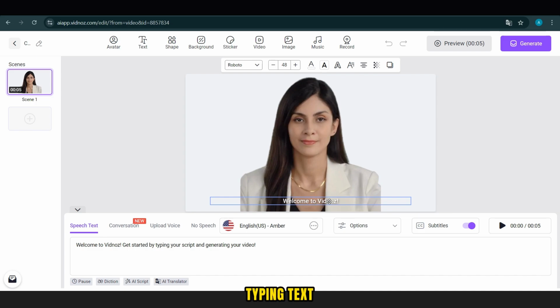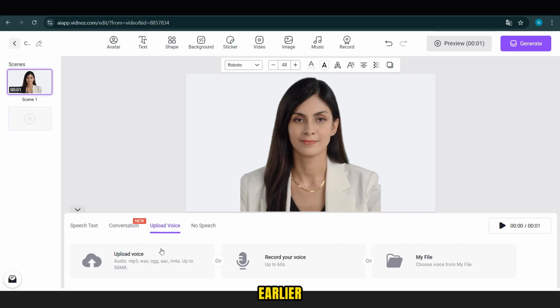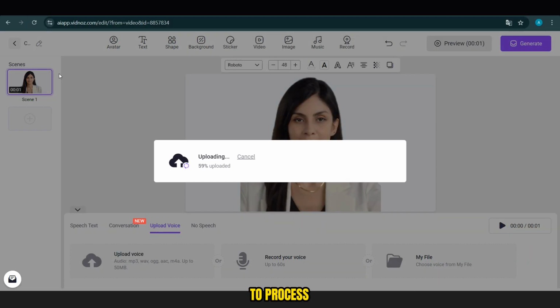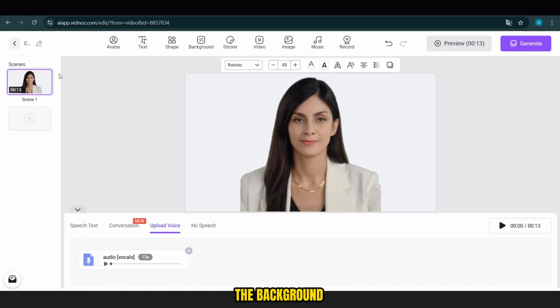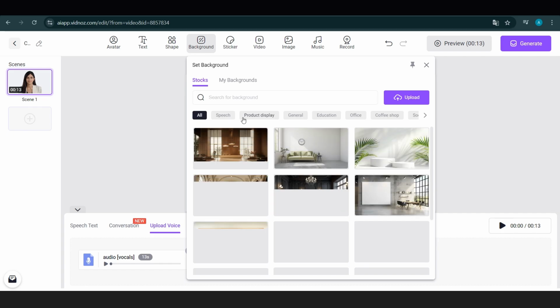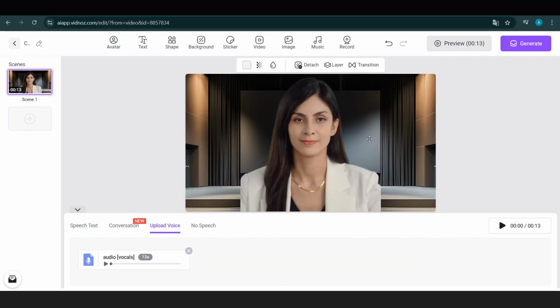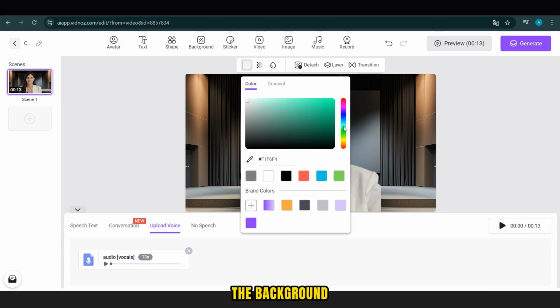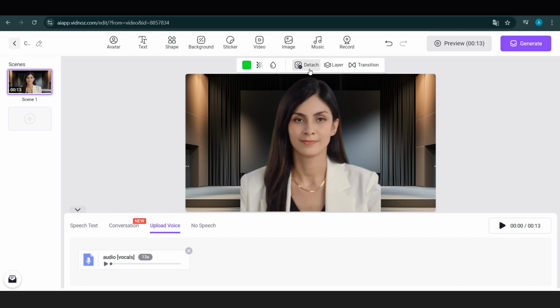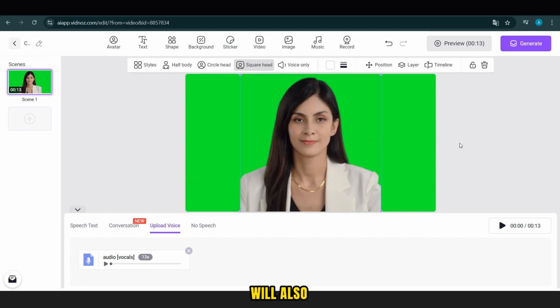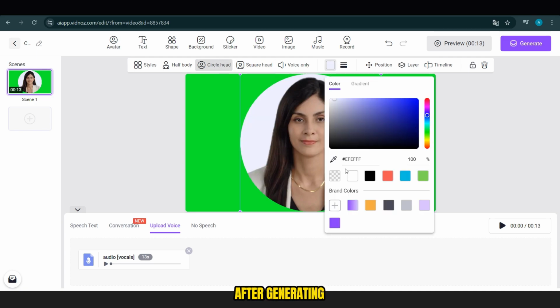Instead of typing text for the AI to generate speech, we'll upload the voice file we created earlier. Upload it, wait for it to process, and then customize the background. You can either upload an image or choose from stock images, but for now, we'll change the background to green so we can edit it later. We'll also adjust the video to a circular format with the green background. After generating the video,